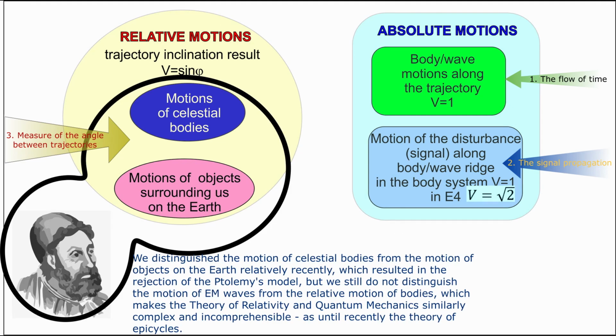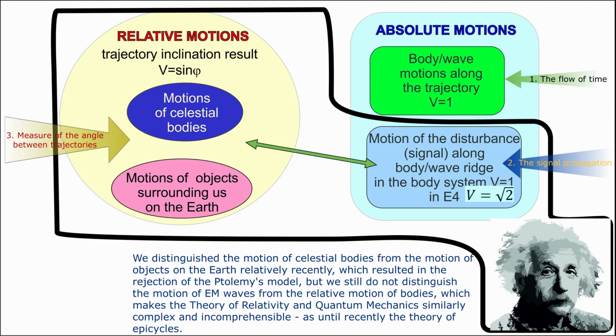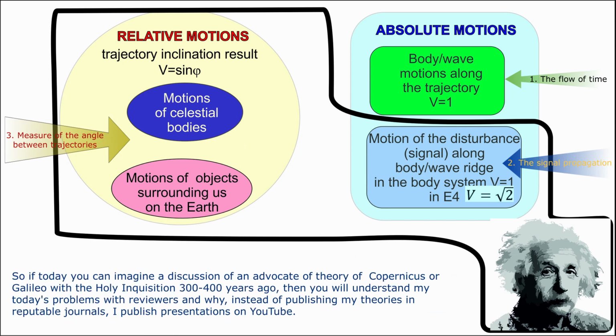We distinguished the motion of celestial bodies from the motion of objects on the Earth relatively recently, which resulted in the rejection of Ptolemy's model. But we still do not distinguish the motion of EM waves from the relative motion of bodies, which makes the theory of relativity and quantum mechanics similarly complex and incomprehensible as, until recently, the theory of epicycles. So, if today you can imagine a discussion of an advocate of the theory of Copernicus or Galileo with the Holy Inquisition 300–400 years ago,